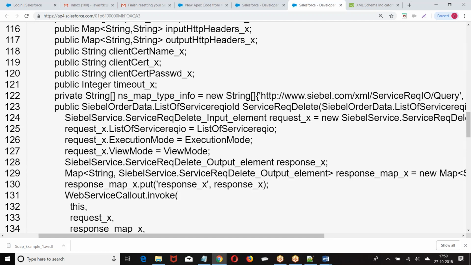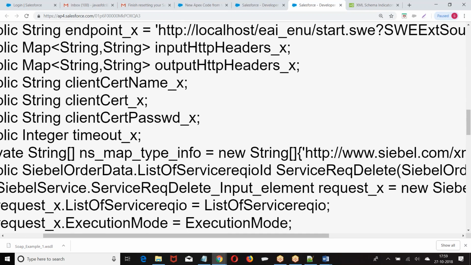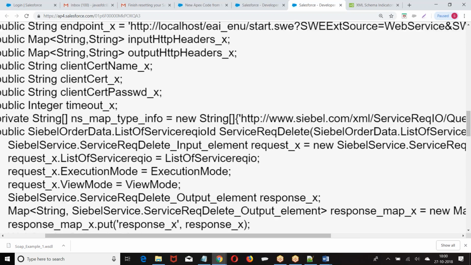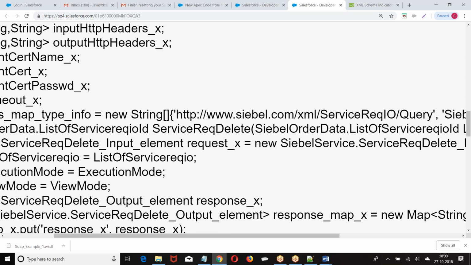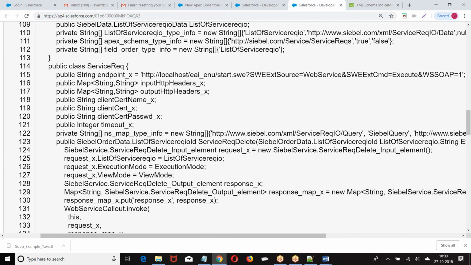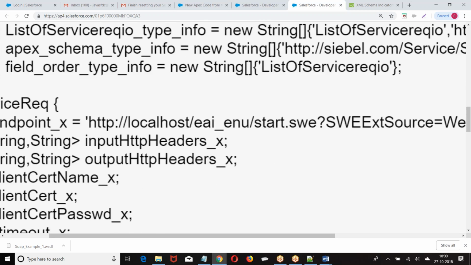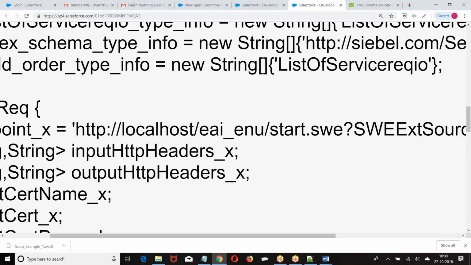Now, if you have a header element, look at the point. Do you have any header element here? No header element is there. If a header element is there, then I was supposed to put my credentials in the header. Otherwise, if you want to pass the data in the body, in the method, they will ask you to pass the authentication data. Now, in the URL, if they are asking me to pass it, then I will put it in input header. There are only three choices, boss. If they are asking you to pass the data in the URL, put it in input header. If they are asking you to pass the data in the header, there will be a header element. Put the data in the header element, use it.